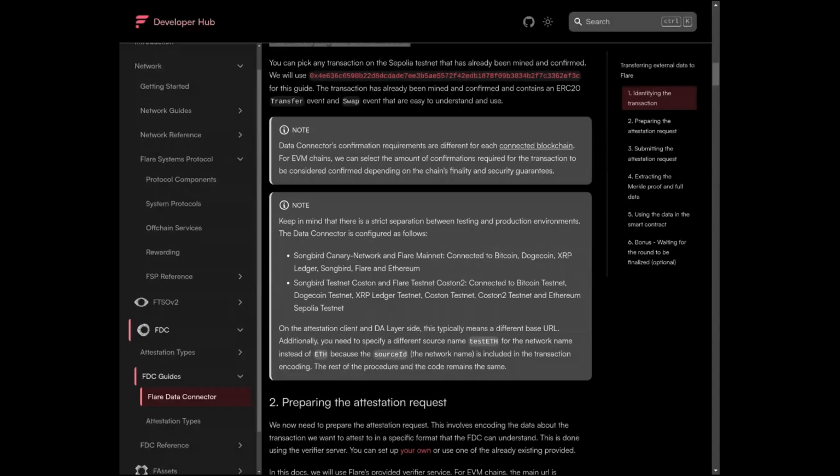Okay, and these events will be what we want to decode and use in the Flare smart contract to demonstrate FDC's capabilities. Okay. It's important to note that if you're using it in a real world decentralized application, you wouldn't manually pick a transaction hash like this. Instead, you would programmatically identify the transaction you want to attest to based on user actions, specific events, or other application specific criteria. But this is obviously an example that we're going to use,